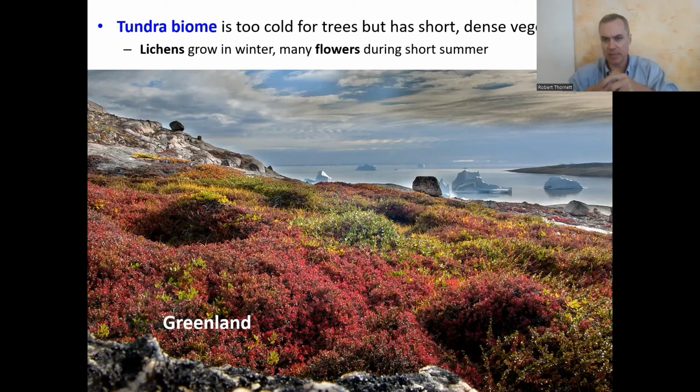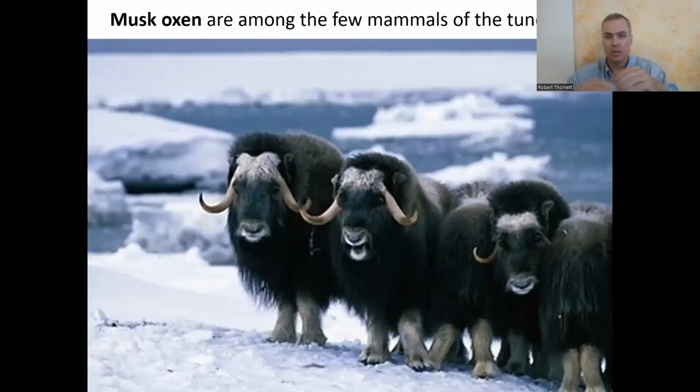And they hang out along the coast of the Arctic Ocean, and that's their food supply right there. And so when it comes to species in the tundra, you do have polar bears, and you do have these muskox here, which have a heavy fur coat, so to speak. You have a handful of mammals like that, but not many. Zero amphibians. There's zero reptiles. Remember, anything cold-blooded cannot generate its own heat, so it's just going to freeze up here.